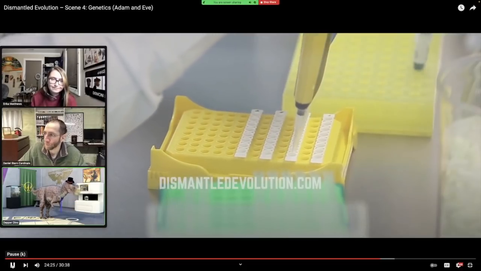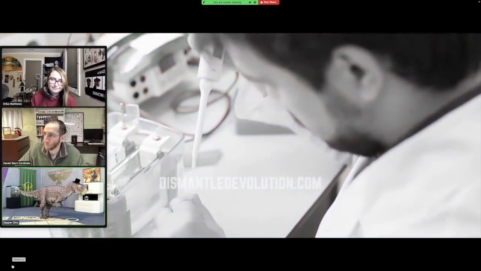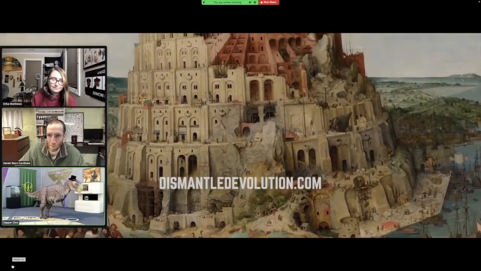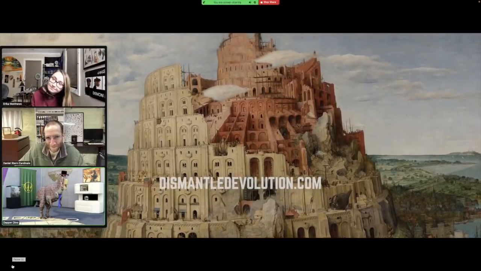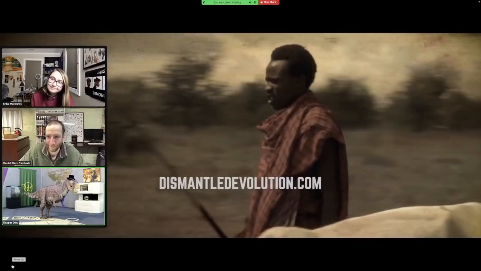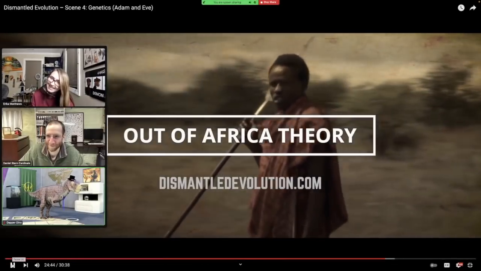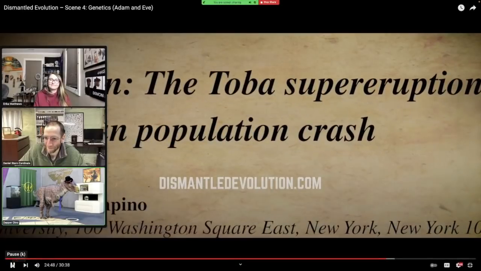The findings from modern genetics have compelled evolutionary scientists to develop a revised story of human origins that shares many striking similarities with the biblical account of the Tower of Babel dispersion. The new model is called the Out of Africa theory and has been popular for many years. This theory proposes there was a near extinction event